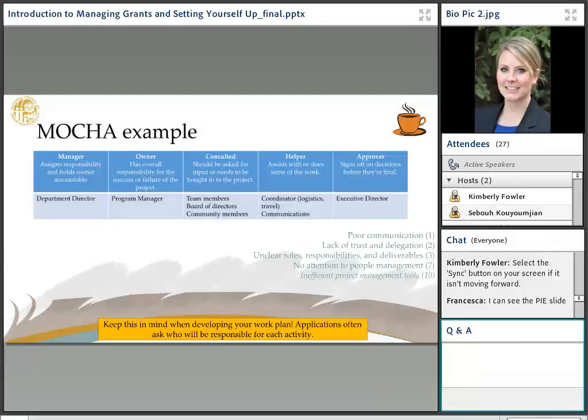MOCHA example. We'll go over here. So manager assigns responsibility and holds the owner accountable. That might be the department director of the team. The owner, who has overall responsibility for the project, whether it's successful or a failure, is maybe the project manager of that same department.